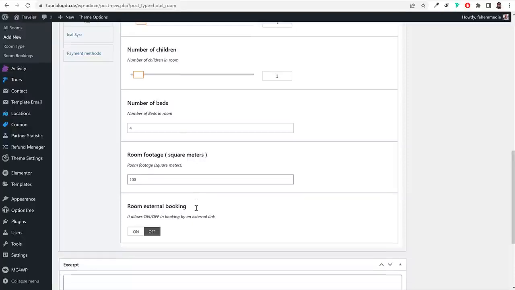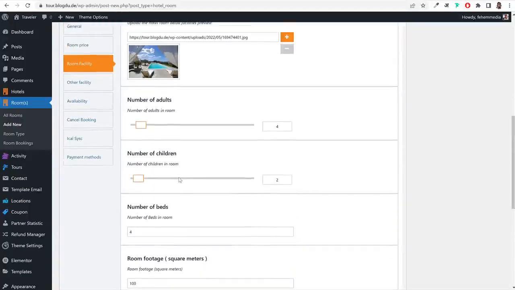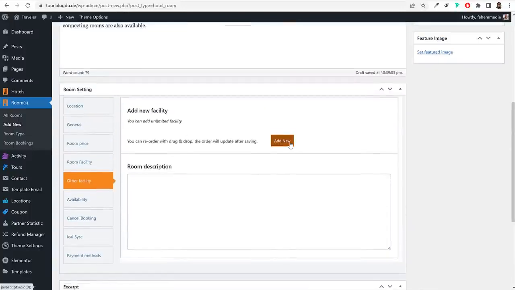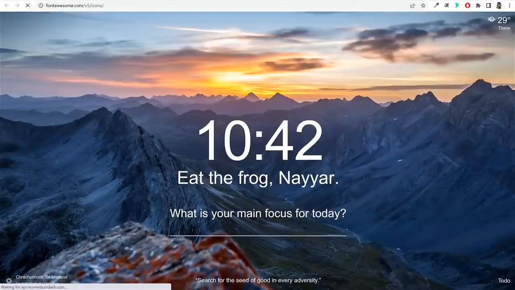Okay, and room external booking. We don't want to enable external booking. Other facilities that you want to add, you can click on add new, and you can add different facilities, and you can also use the icon. So maybe it is air conditioned room, so we can select air condition, and again you have to go to Font Awesome. So you can actually just go to this link,